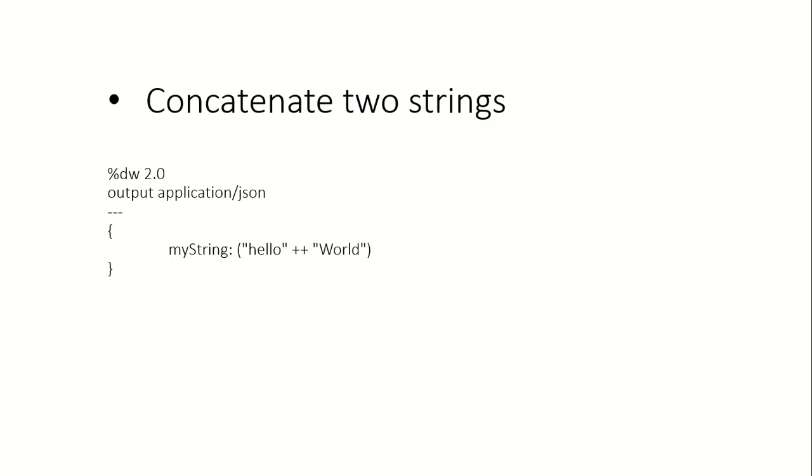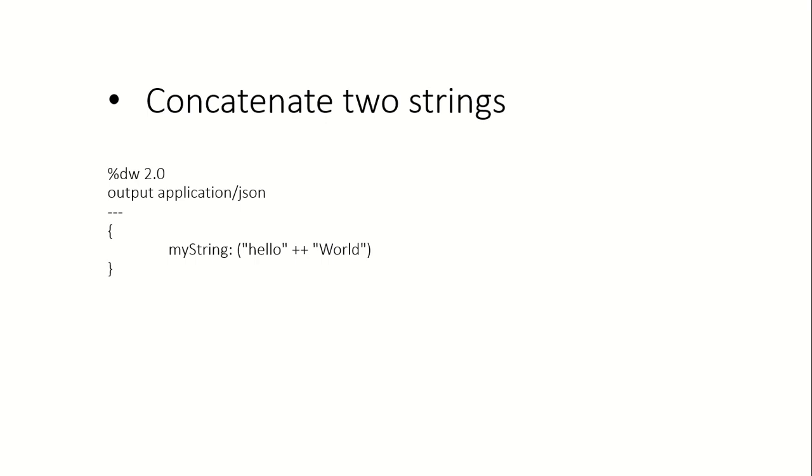We have just shown this application by concatenating two strings in DataWeave. In the first line, as you can see, we are defining %dw 2.0. This tells the runtime engine that we are going to use the DataWeave transformation language version 2.0, and the second line shows that we are going to output this operation as application/json. The third line is a separator. There are three dashes, a separator between the header and the body of this transformation. Then in the body we have a JSON